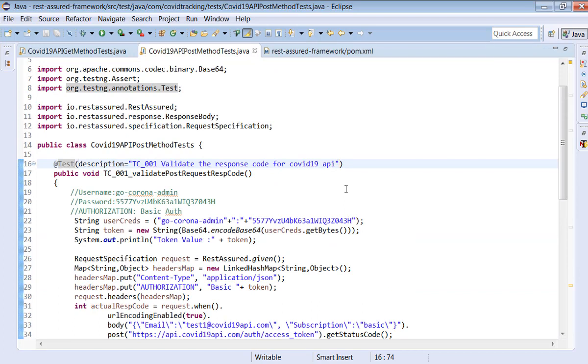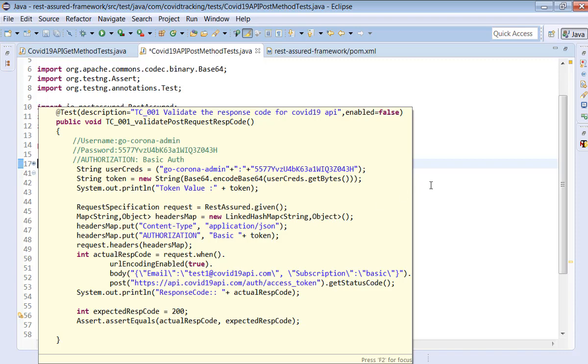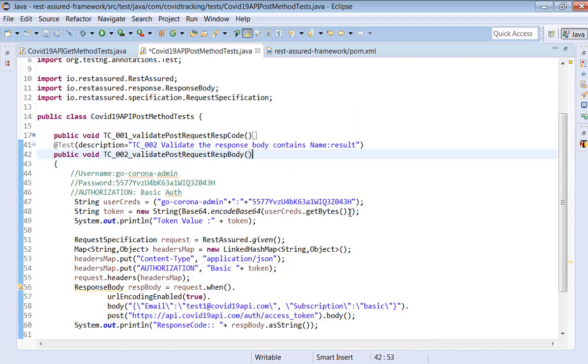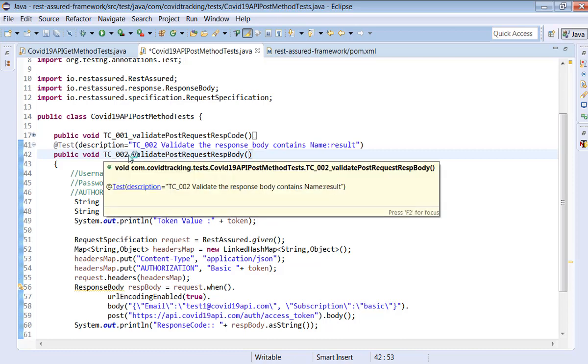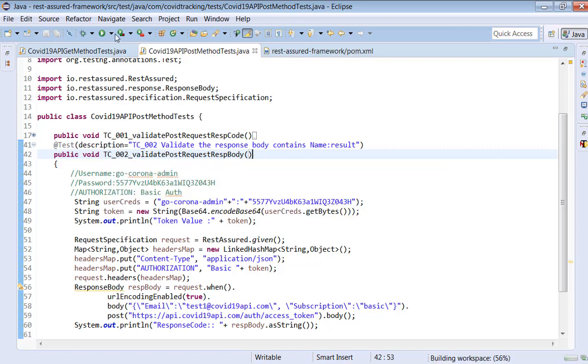We will disable this test case because we already completed the execution of this. Enabled is equal to false, right? When you put enabled is equal to false in the case of TestNG, this test case will be ignored, not skipped. Skipped is a totally different topic. It will be ignored. So we focus only on executing this test case. Let's execute again to see the outcome.